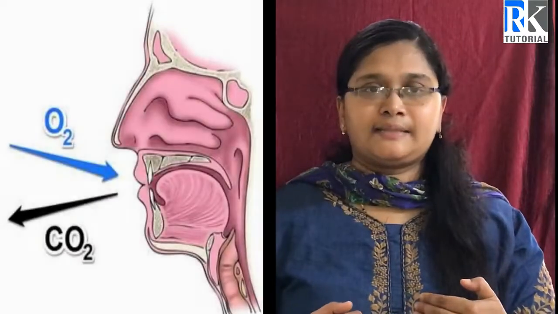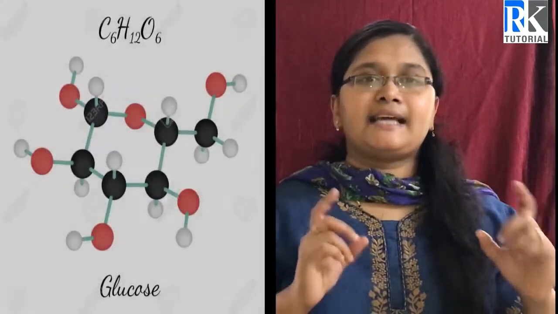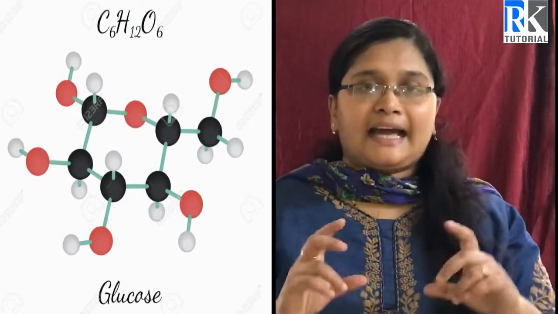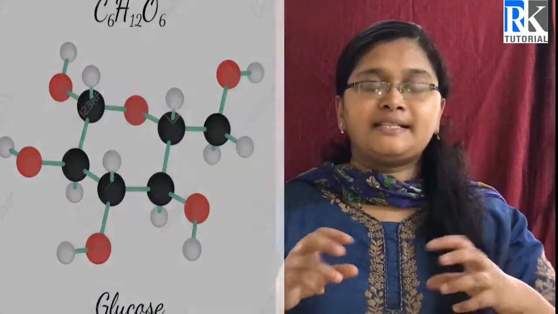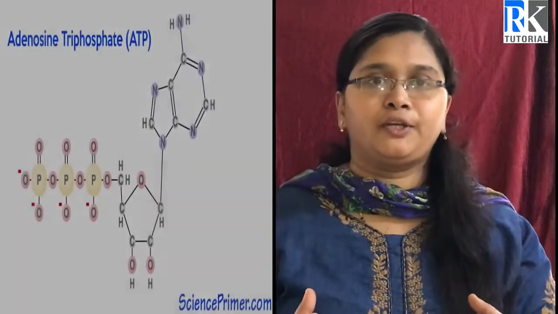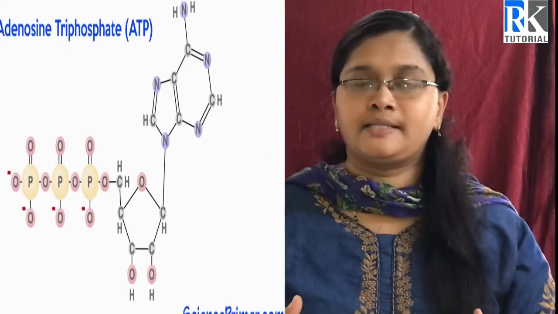It is through this. Whenever we take in oxygen, there is the blood which takes oxygen to each and every part of the cell. Now, after it goes to the cell, which already has glucose content in it, that is C6H12O6, after it reacts with the oxygen, it usually breaks down into ATP molecules, that is energy molecules, adenosine triphosphate molecules.